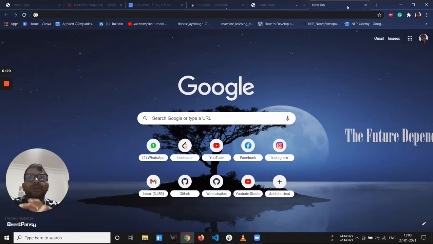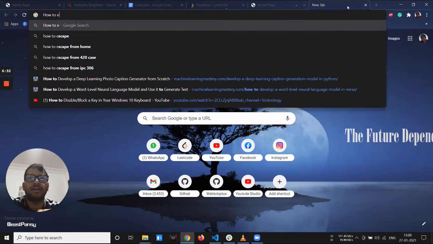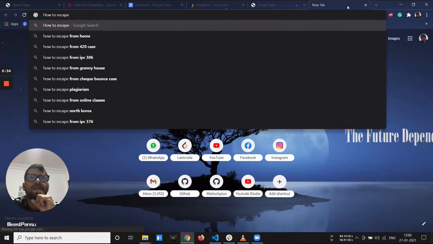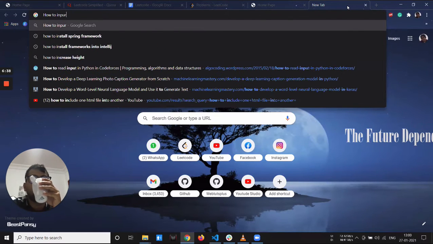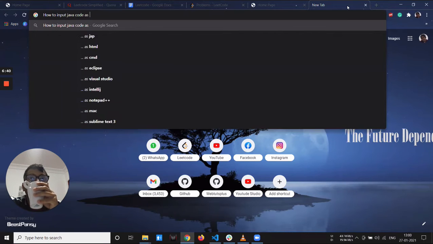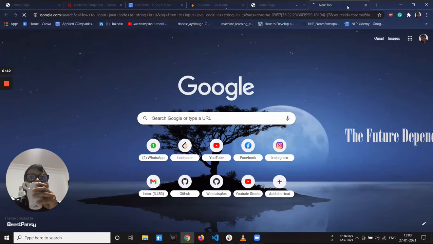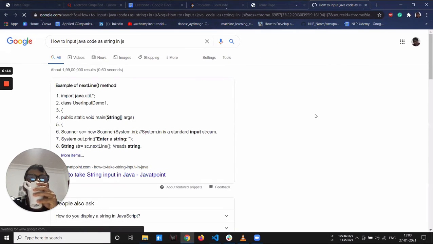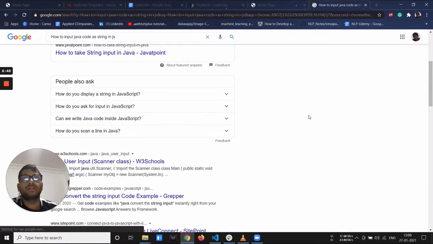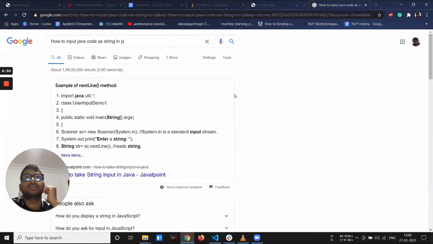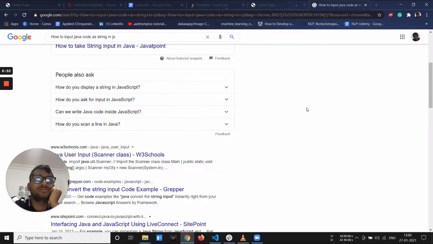You need to make it a string, right? And it has code. It is showing JavaScript has a method escape. Yeah, something like that, in that we can write.